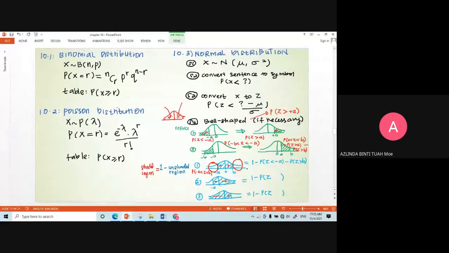Dan sebelah kanan pun unshaded. This one. Okay, kalau it's going to be 1